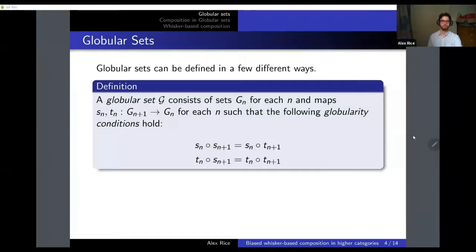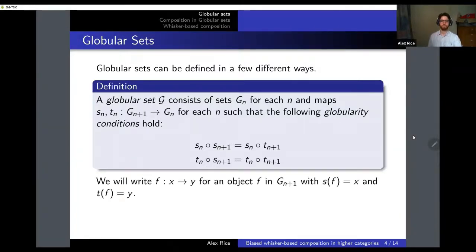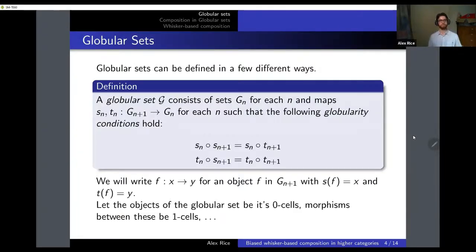And just to add a bit of notation, we're going to use normal category theory notation and say that we've got f from x to y, just meaning that we've got some object f and its source is x and its target is y. So that these s and t are, I probably should have put some subscripts here, but a lot of the time we'll leave it out when it's obvious,